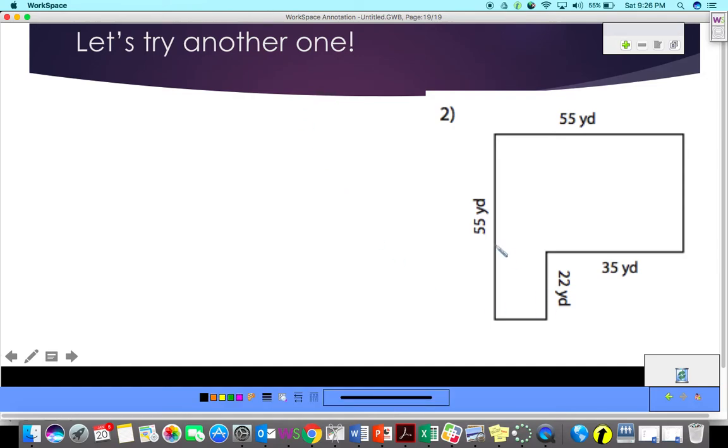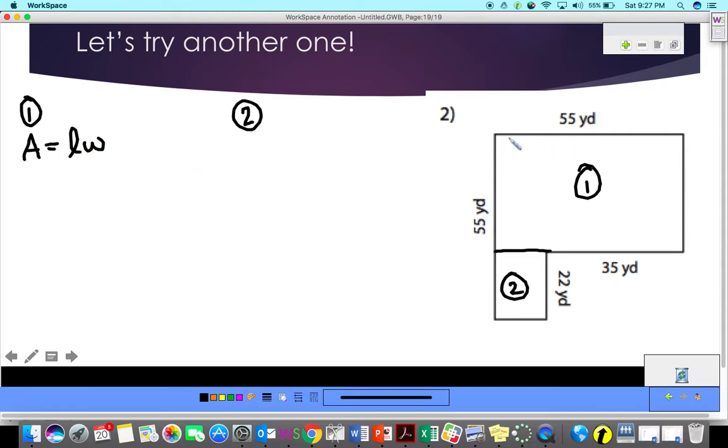When I look at this shape, I see a big rectangle up here. So I'm going to go ahead and split my shape like this. Shape 1 and shape 2. And I usually put shape 1 around the shape that has the most information. So I see a bunch of numbers near shape 1, that's why I'm putting that there. So if I'm going to find the area of 1 and 2, I know shape 1 is a rectangle,